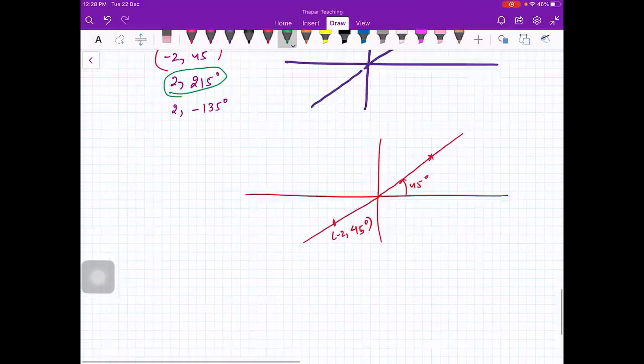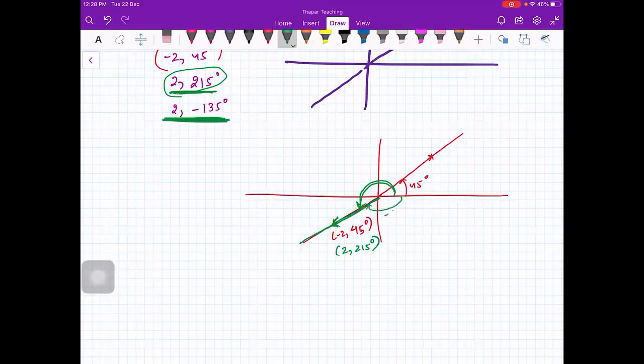Now plot this point 2 comma 215 degree. This angle is 215, and then you have to go in the positive direction. If you are here, then for this axis, this is the forward direction. So the same point is also having the name 2 comma 215 degree. Now if you want to plot 2 comma minus 135 degree, then you will go to minus 135 degree. Again you reach here, this is the forward direction. So the same point has the name 2 comma minus 135 degree. I told you that there is no unique name for a given point, so that is also accommodated there. You were saying that, ma'am, the name should be 2 comma minus 135 degree. That is okay, but this is also the name.